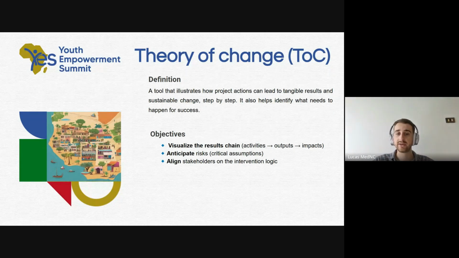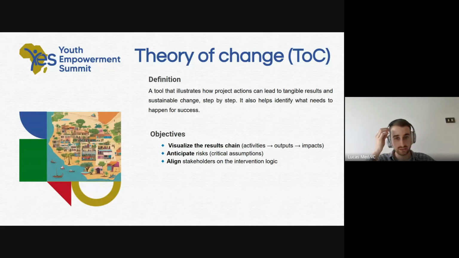That's different from the results, and maybe from the indicators that you can have in your log frame. The theory of change will be the most impact on the long term that you can have, that will change maybe the behavior of the people from your community, that can change an entire village, an entire system. Okay, so you will see it will be more clear.